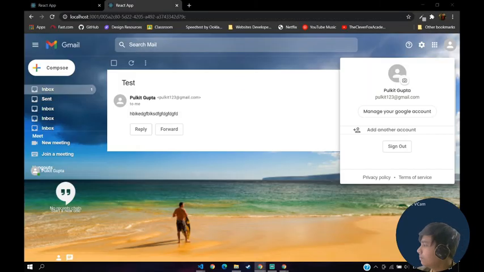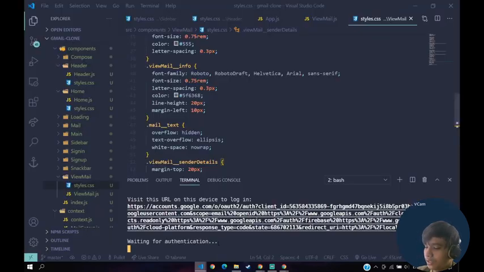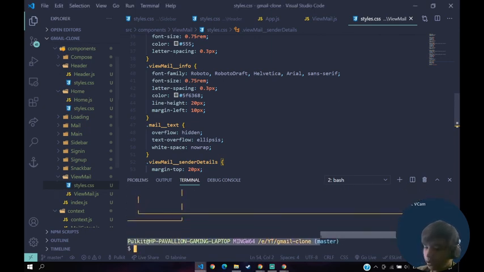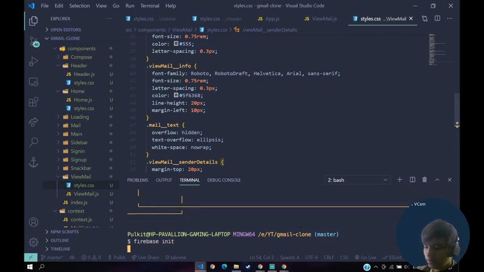Then just log in. I'll do it from my other monitor. I'll just log in, go back to your VS Code, allow. So you're logged in. Those are the pretty simple steps, nothing to worry about. Then you say here Firebase init, just say Firebase init